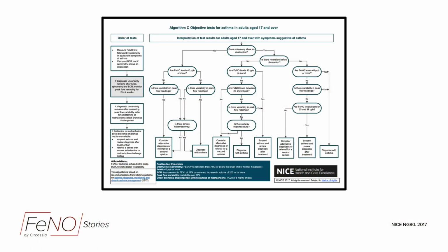For example, if you look at the NICE guidelines, the UK NICE guidelines, then FeNO takes a prominent role there. So after performing spirometry, looking for airway obstruction, looking for reversibility, then right up at the top of the algorithm, FeNO's right there in terms of a FeNO level more than 40 parts per billion in steroid naive adult asthmatics. And then the algorithm goes down and also looks at diurnal measurements of peak flow, and then airway hyperresponsiveness using